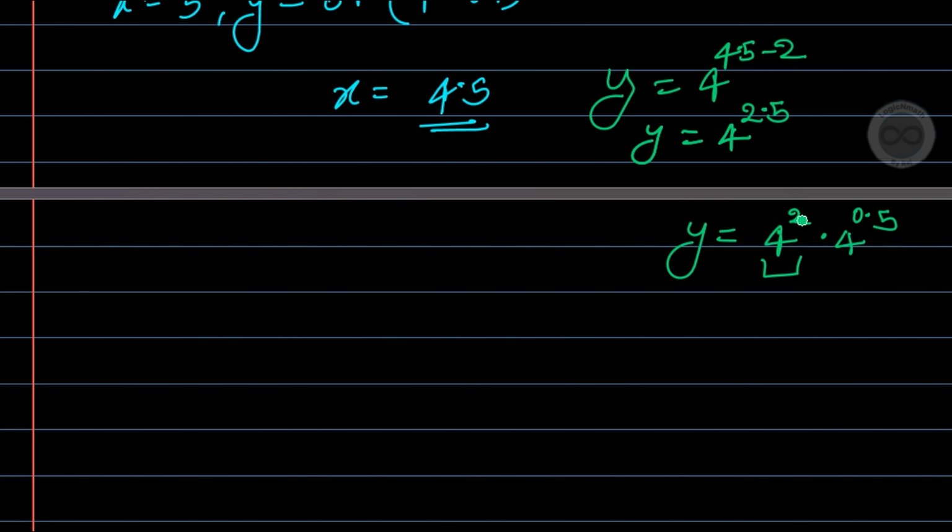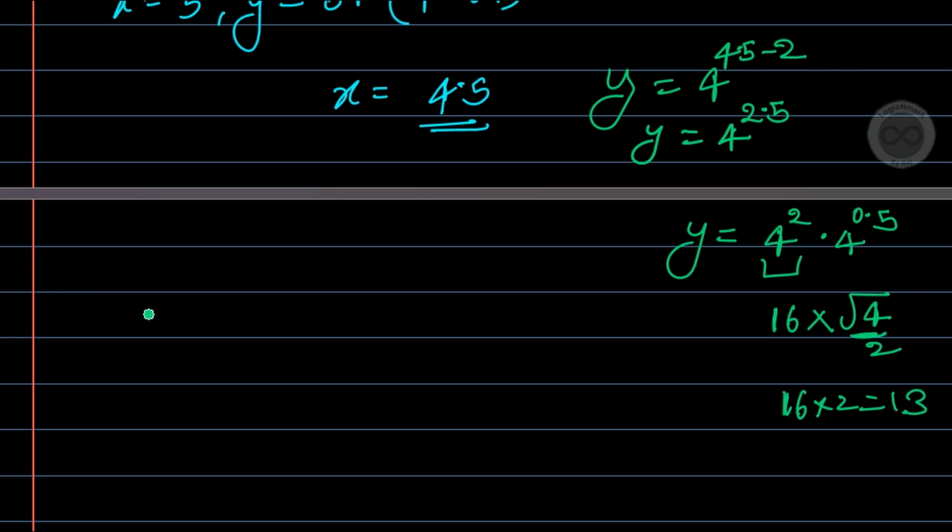Now 4 raised to the power 2 is 16, times 4 raised to the power 1 by 2, which is root of 4, which will be 2. So 16 cross 2 is equal to